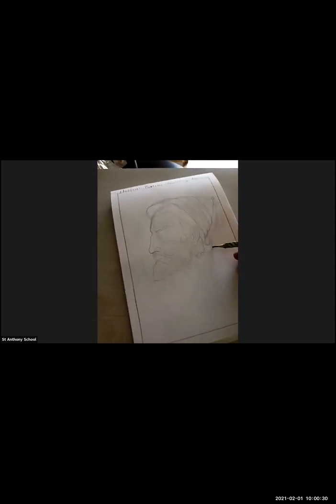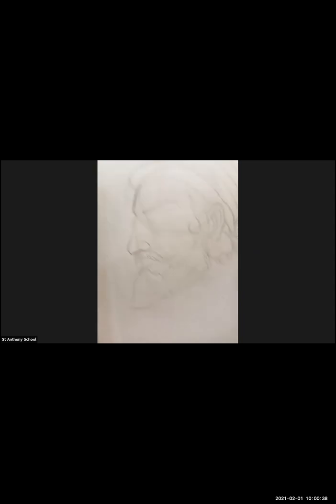Okay, and from here we're going to draw two lines over here in this way, and here you can show the pearl. Okay, so here we have drawn the cap, and here I am drawing some hair of Shivaji Maharaj, and from this line, the neck. This is the neck of Shivaji Maharaj.